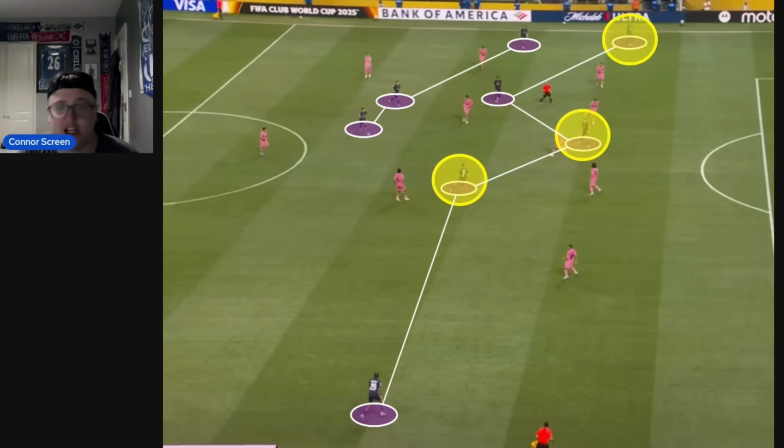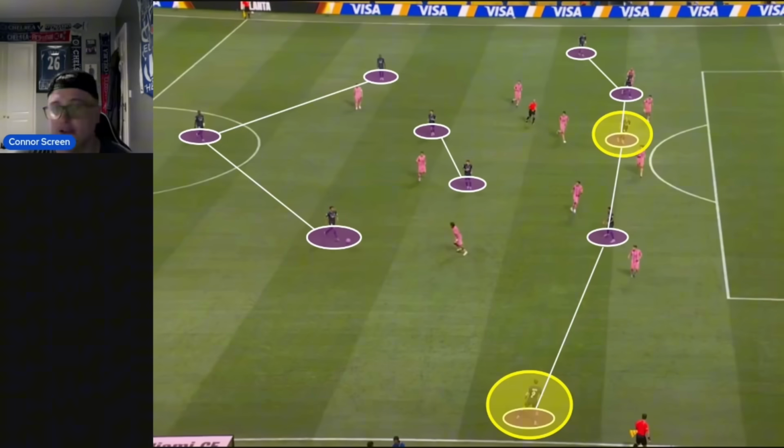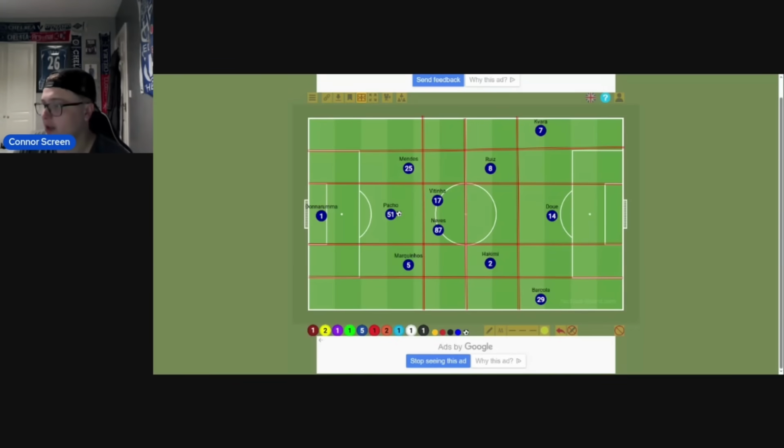And Luis Enrique has really drilled that into his side. Again, another example, this time Hakimi out wide, Fabian Ruiz in there again. Nuno Mendes back in that left centre-back position. A bit more of a normal pivot with Neves and Vitinha. But it's this ability to interchange across zones that we spoke about in the Chelsea section that makes this team